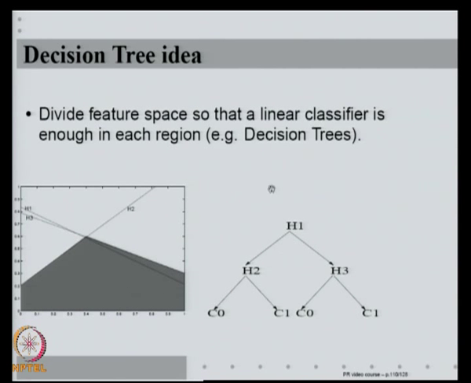One way of doing this is that I first cut the feature space with respect to one line. Let us say I cut it with respect to a line like that. That is what I call H1. Then I am asking that the feature vector fall on this side or that side. Depending on which side it falls, I can once again use two different linear discriminant functions to classify. So, instead of classifying the pattern in one step, I will use multiple linear discriminant functions. This is like cutting the feature space into different regions, and within each region using a linear discriminant function.